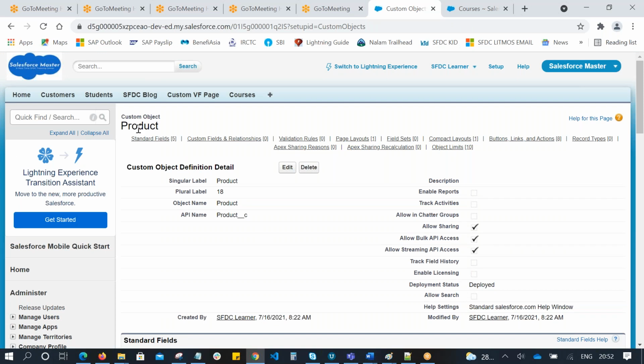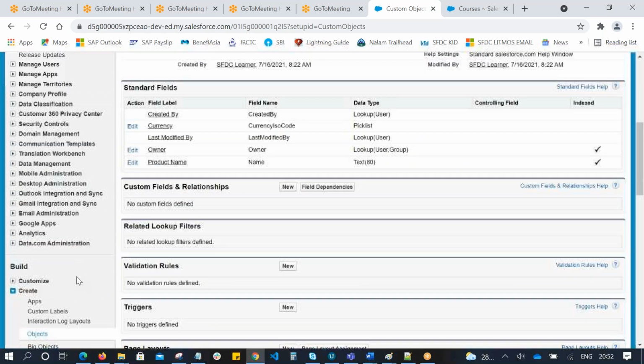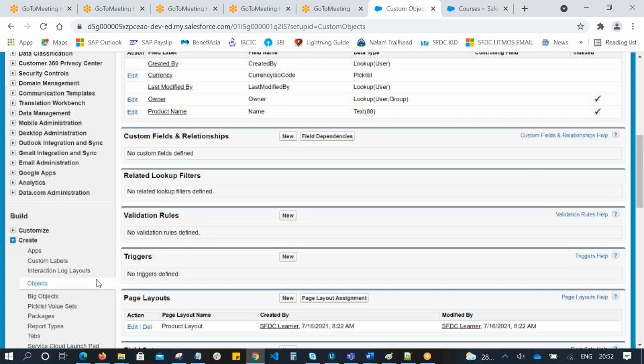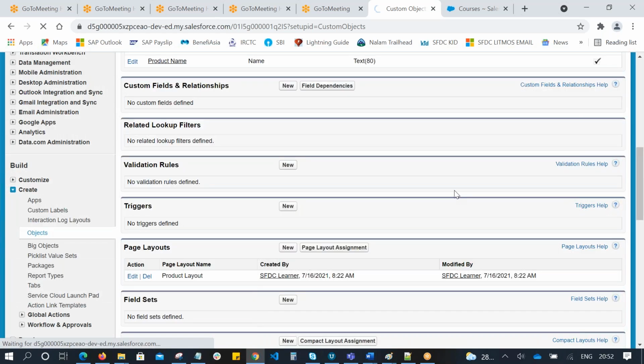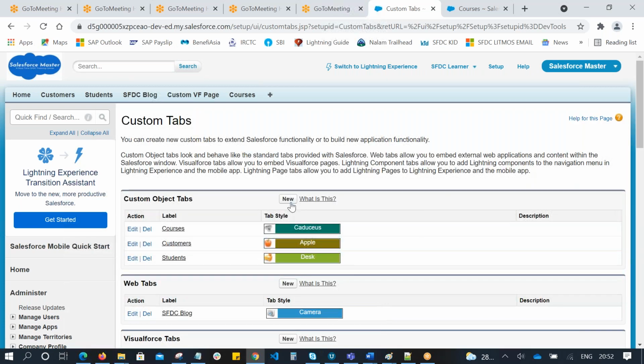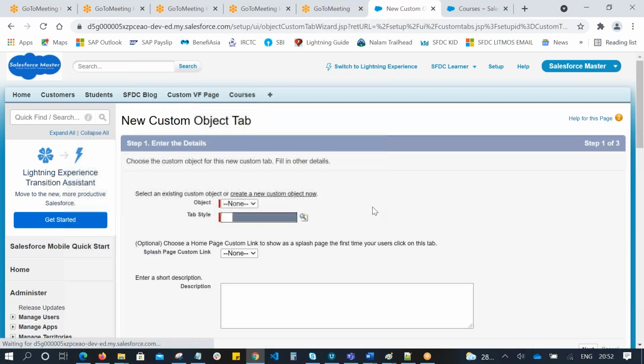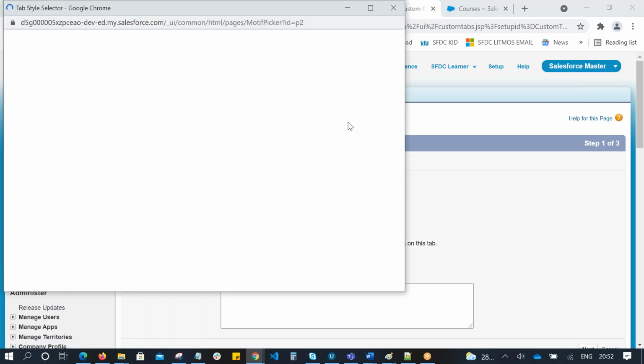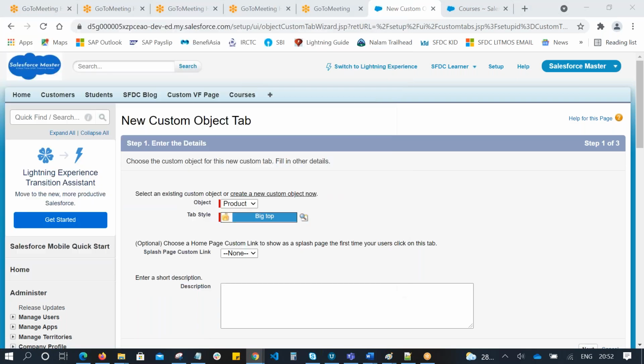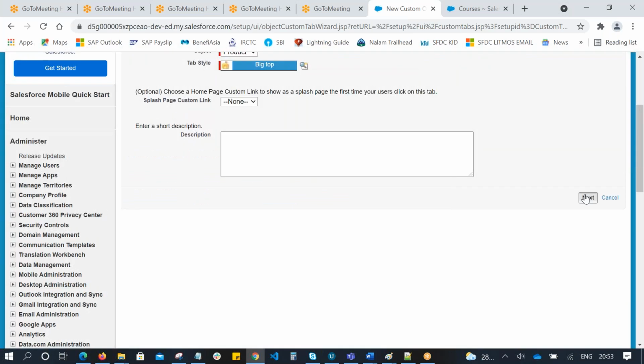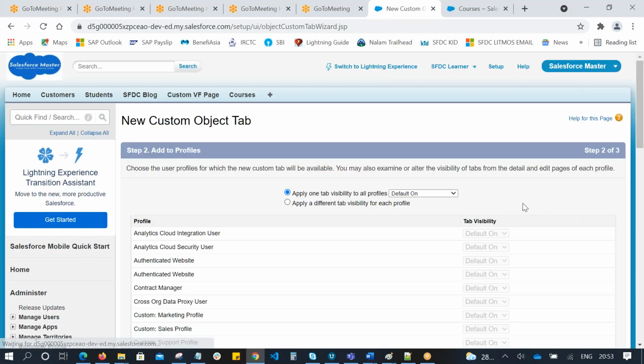Let's create a custom tab for this product. Custom tab for this product object. The same navigation you have to follow to create a custom tab. And next,